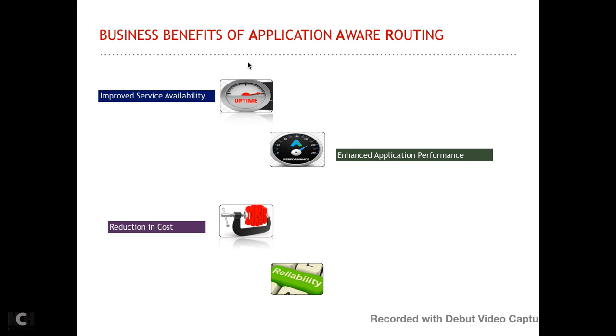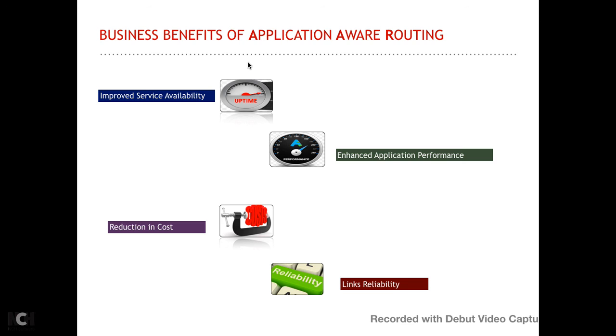The final piece is reliability. With reliability, I mean link reliability. You get to know how reliable the links are, so you don't need to worry whether the link will work on a particular day and time if it is a mission critical time for you. Because of this intelligence and the immediate polling done on the link, an SLA is bound and an SLA class is applied on these mission critical policies. So you don't need to worry; everything is taken care of by the intelligence in application aware routing,